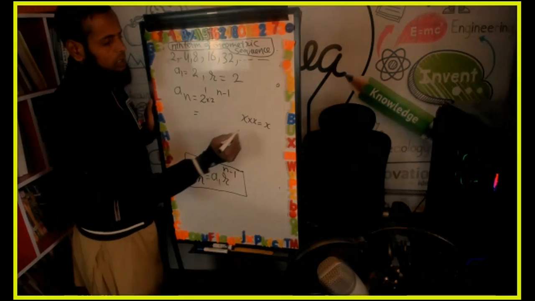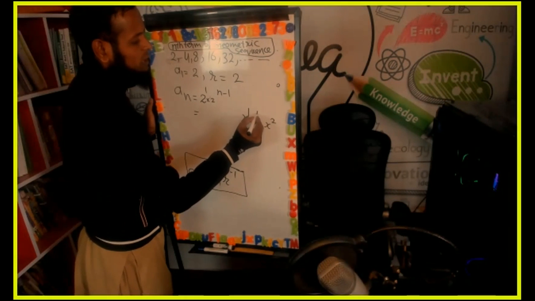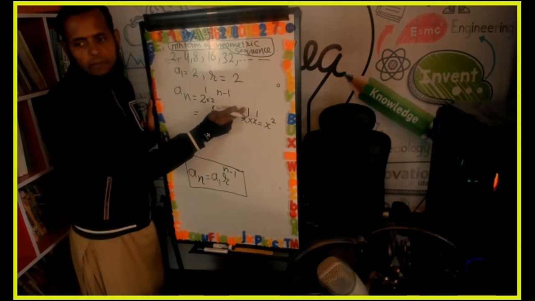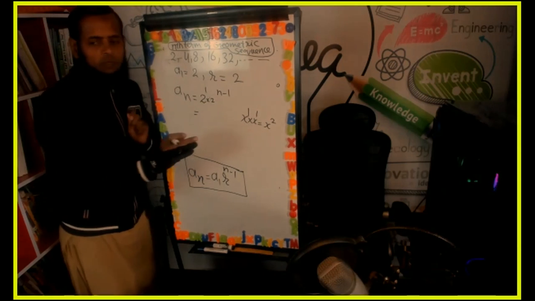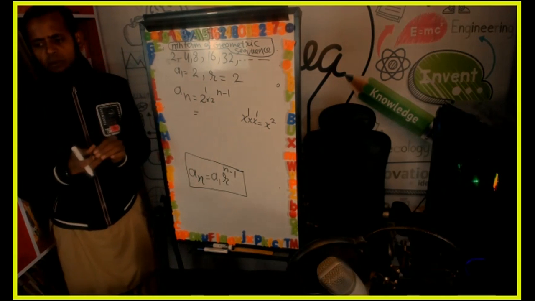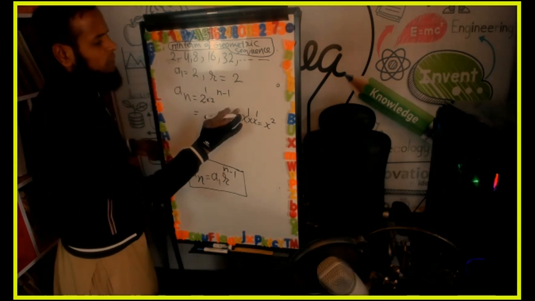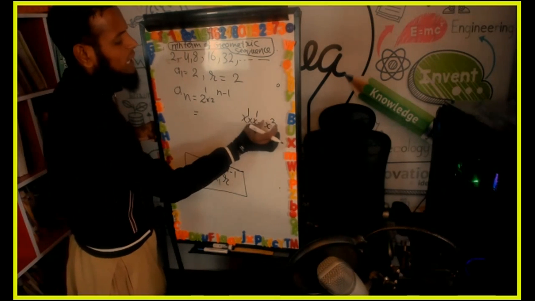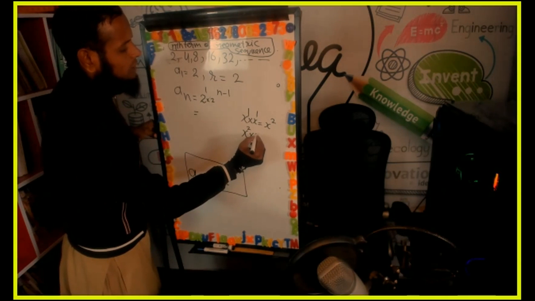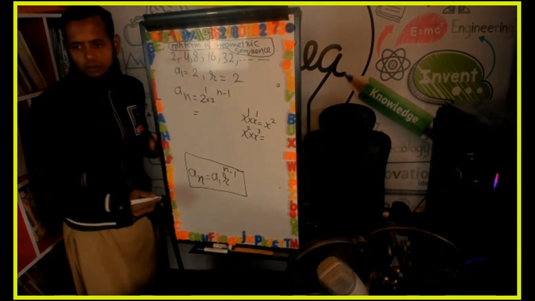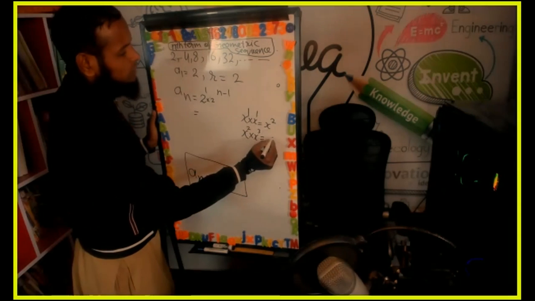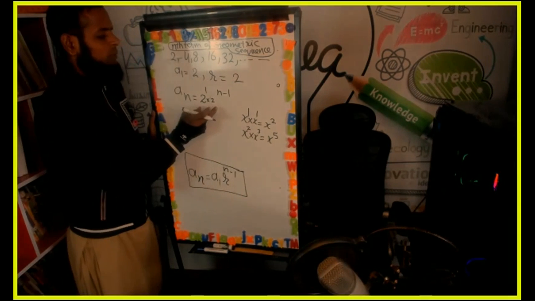2. Yes, 2. We add the powers when there are the same bases. This is the base, this is the exponent. When we are multiplying the same bases, we add their powers. Here is a positive sign, so we will add. So if I say x raised to the power 3, what is the answer? x to the 5. Good.